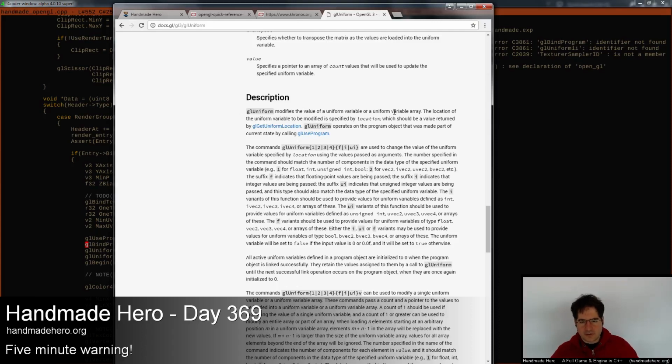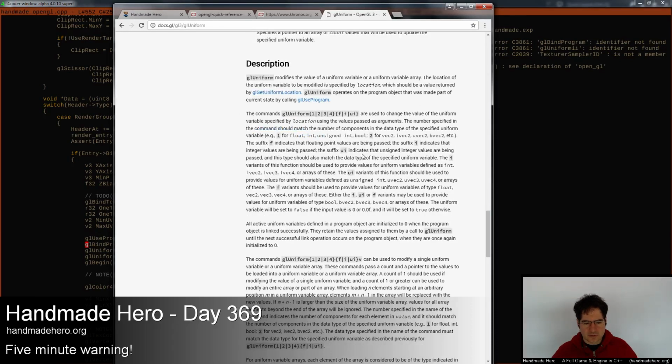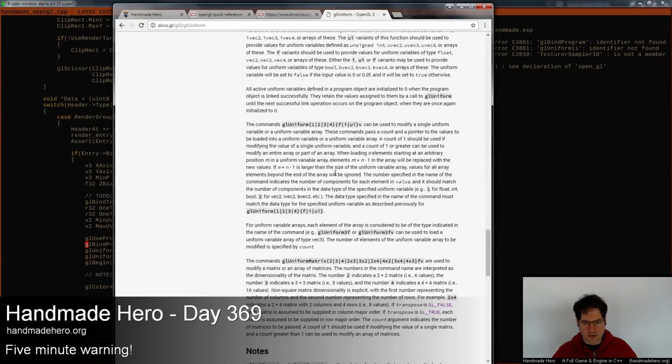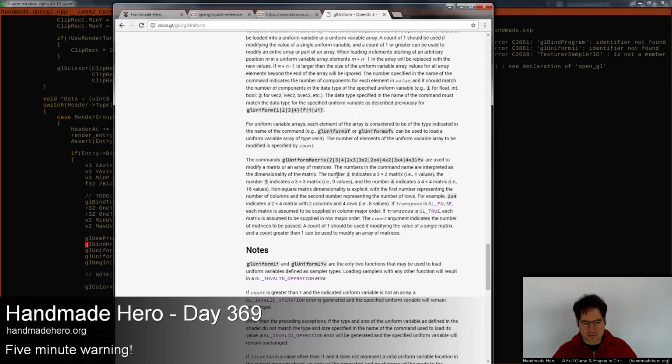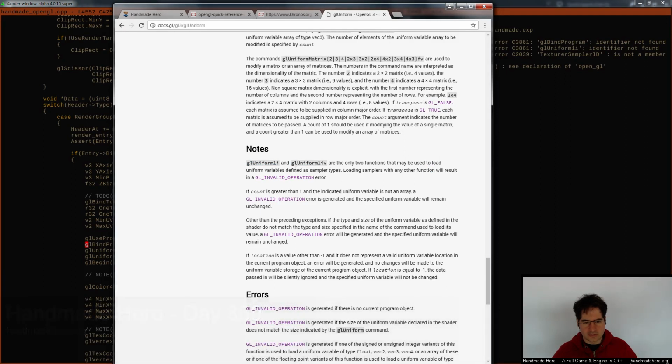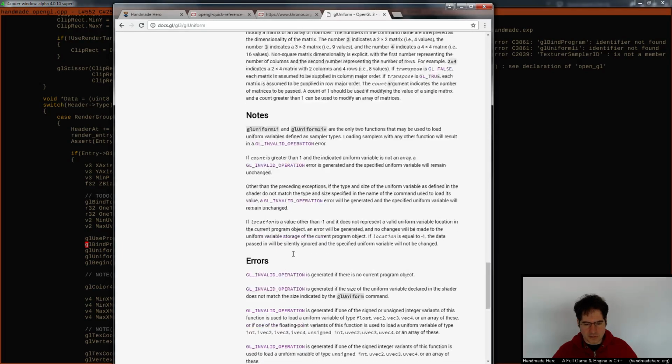Modifies the value of uniform variable... None of this is what I want. The commands, my single uniform value. Yeah, so glUniform1i and glUniform1iv are the only two functions that use uniform variables defined as sampler types. The only sampler type function, right? But I don't know where it says